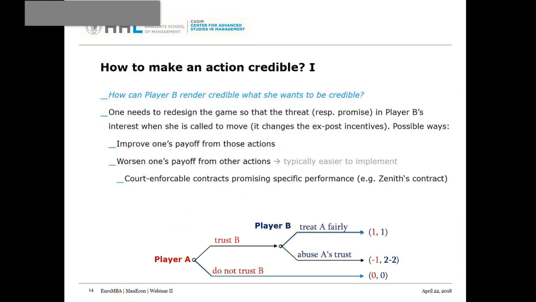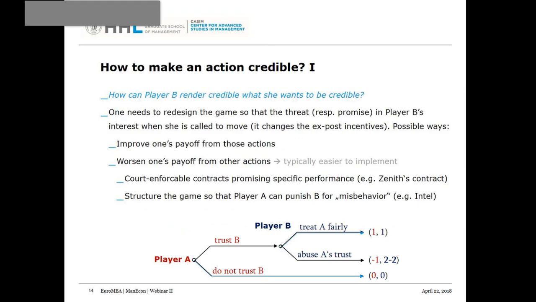Okay, so one example we saw in the Yaki Zenith case. So there might be a contract. Okay, so by contract, where we write some contingencies and punishment or fines, you can obtain this result. Okay, so this is the way it works. Of course, you need a third party that will enforce the contract, and this might be in many situations very difficult or impossible. So you can also think about structuring the game so that a player A punishes player B